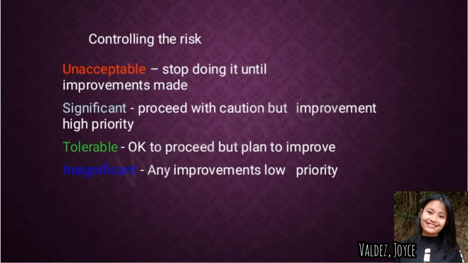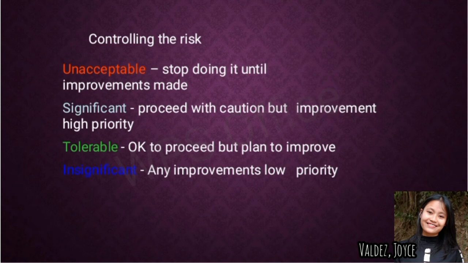The management of the company decide to accept this risk. That is an example of tolerable risk level. And then the fourth one or the last one is the... In addition, for the tolerable level, this should be mitigated as best as possible so that it will not go worse.